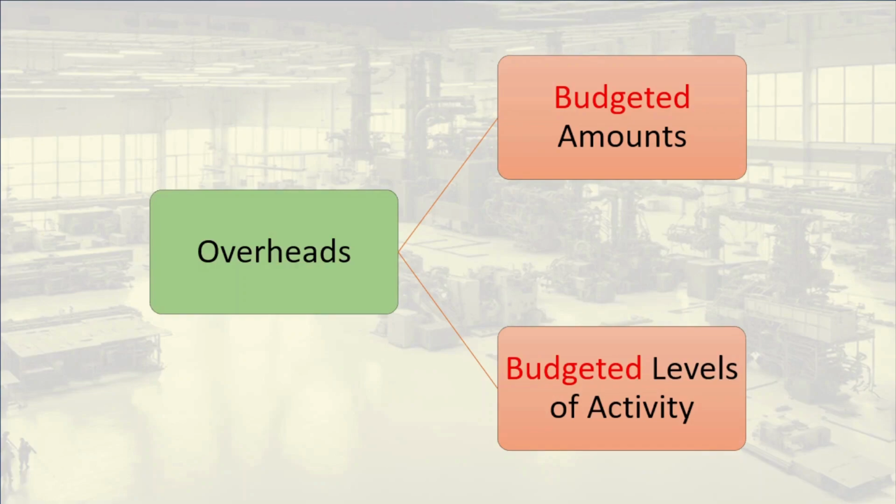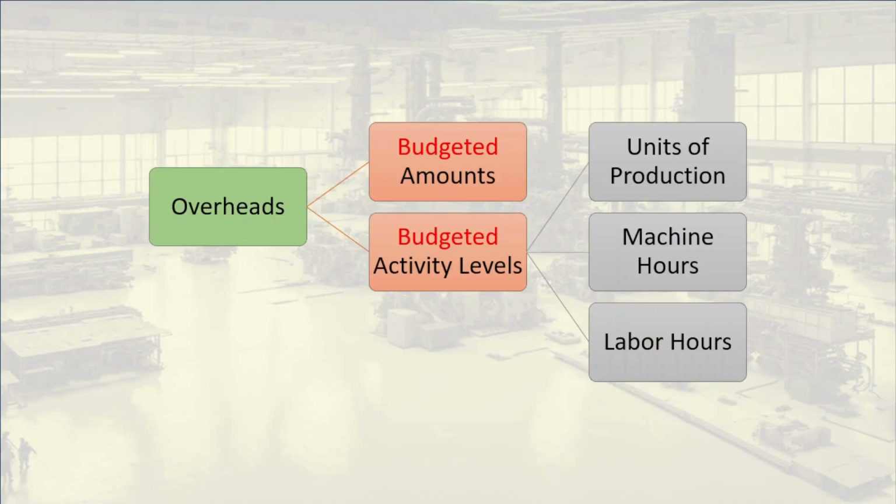Now let's discuss overheads. When estimating production overheads per unit, there are two important factors to consider: budget amounts and budget levels of activity. The idea is simple. The production overheads will be distributed among the units that are produced. The assumption here is that overheads depend on the number of products produced. However, we use budget amounts and budget volume to perform our calculations so that the absorption of overheads can occur throughout the entire year. Companies determine their levels of activity using one of the following three options: units of production, machine hours per unit, and labor hours per unit of production.